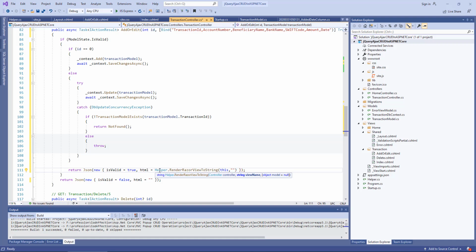Here we have to pass the list of updated transactions, which is there inside the Index view, so we can pass Index here. As a next parameter, we have to pass the model, which is the updated list of transactions, that we can retrieve like this: _context.Transactions.ToList function can be called. Now let me copy this